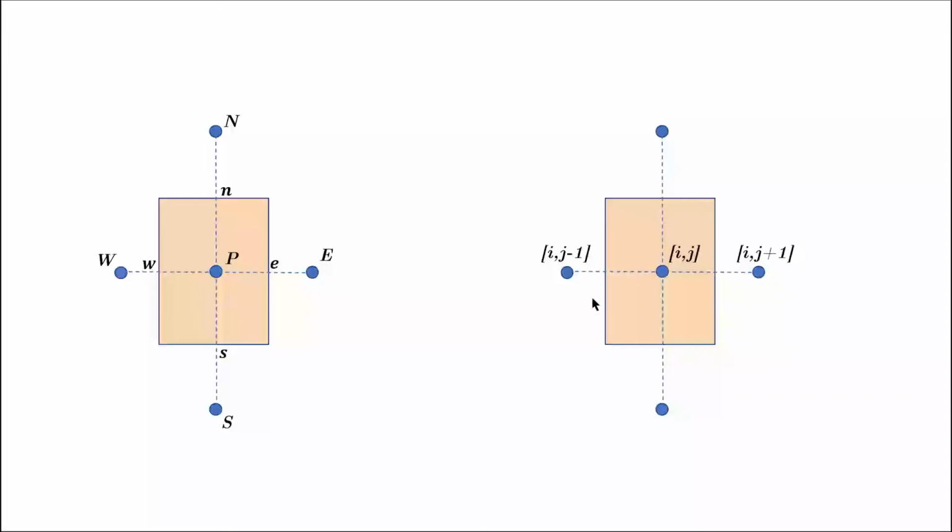And again, using the same idea, if I am now moving vertically, I know that the row would change and the column wouldn't. So this would remain of the same column. If the row here is I, for the north point it would be I minus 1, and again the column remains the same, that is j, and for the south point we have I plus 1 comma j.